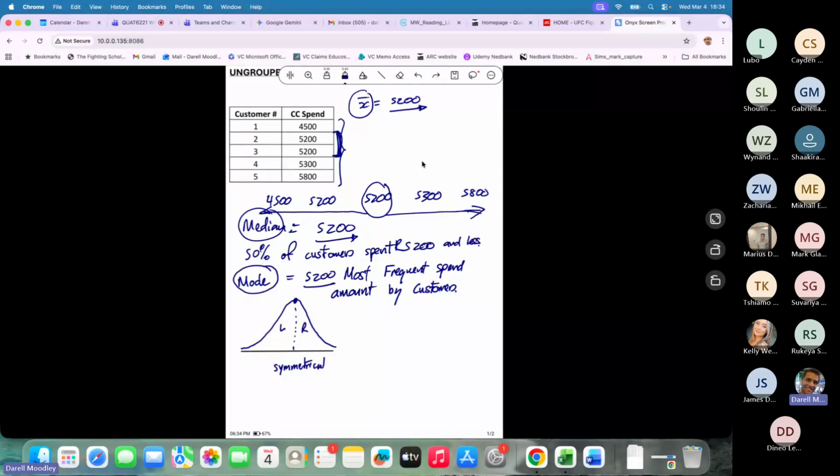For a symmetrical distribution, the mean is the same as the median, which is the same as the mode. So if you found your mean, your median, and your mode, and they're all the same, then that means that the distribution is symmetrical. And in our case, it is symmetrical because you can see all three values are the same. Your mean, your median, and your mode are the same. So that means our distribution is symmetrical. If, however,